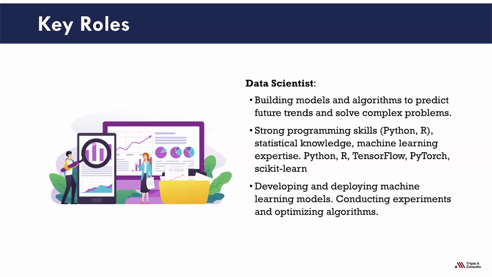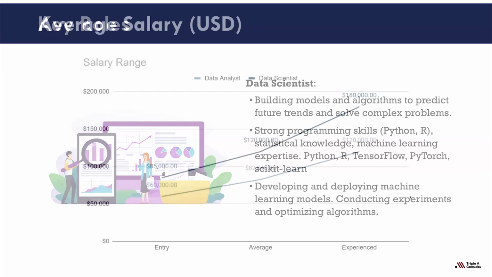So for a data scientist, what will be your job? You'll be building a lot of models. You'll be building a lot of algorithms to predict possible trends, solve complex maths problems, do a little bit of machine learning, and it will require that you have some additional programming skills such as Python, and you should be able to use things like R. There are also other languages that you can use as well, but for the focus of some of the things we'll be teaching, we'll be focusing more on Python and R in this class.